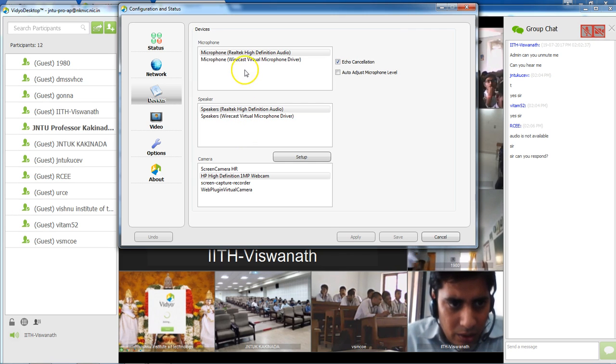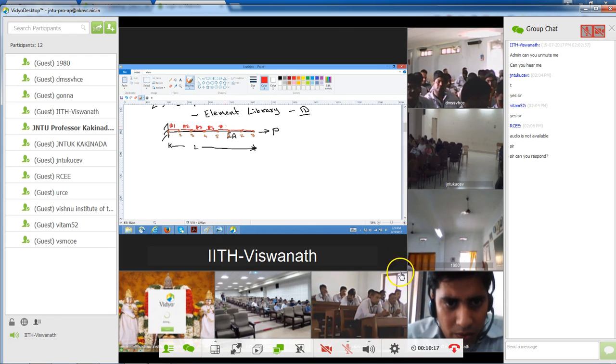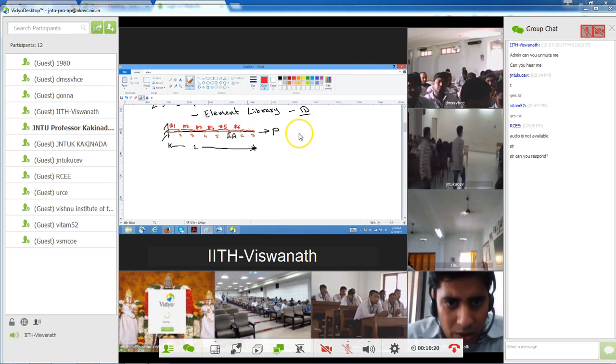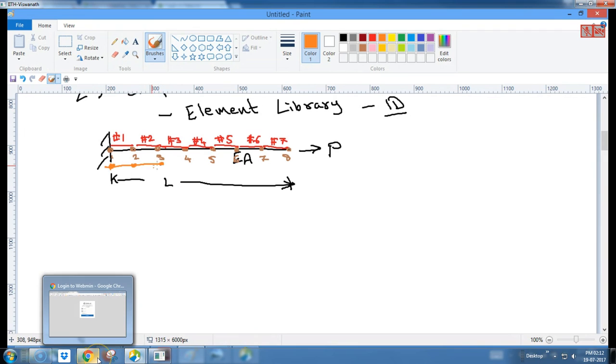So element 1, element 2, element 3, element 4, element 5, 6, element 7, or we can as well come up with the three-noded element from here to here, right? This would be element 1, this is element 2, and this would be